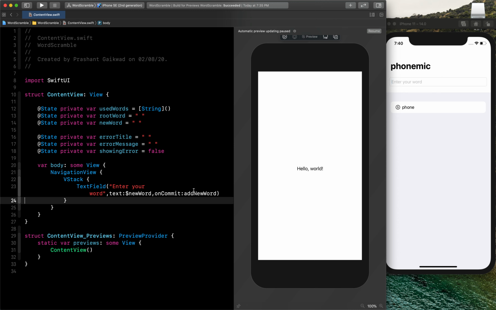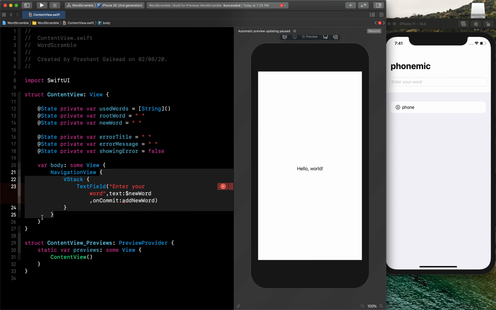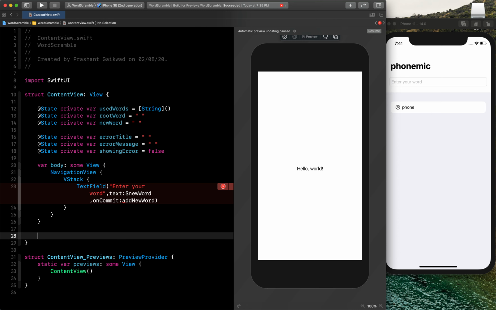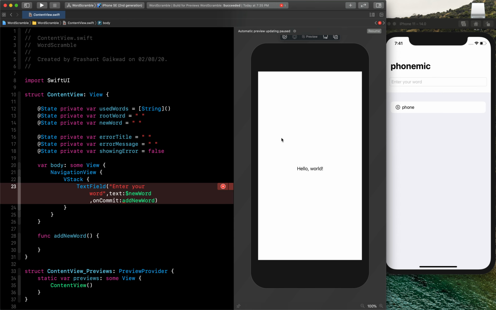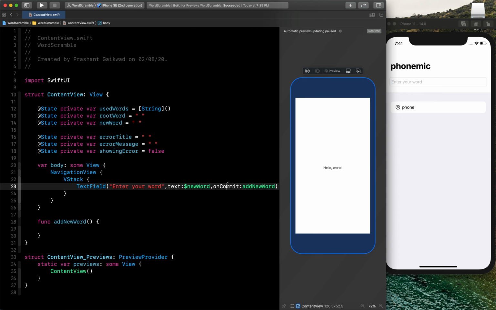So currently I have not added this function, so let's add that function here, which will be outside this body. Okay, let me just make this a little bit small. Okay, so now we have added our text field.